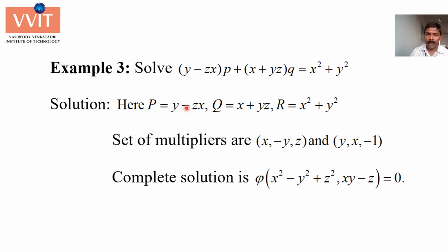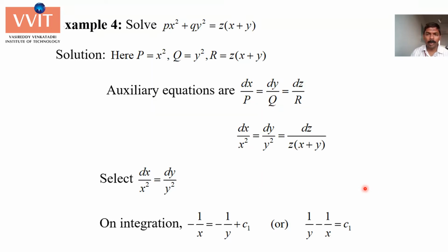This is the next problem, again writing PQR values. I just mentioned the multipliers. These are the multipliers, and this is the complete solution. Now the next problem is a different one. Till now we have seen problems of grouping separately and problems of multipliers separately. If the examiner wants to test you on both methods in a single problem, they can set a problem like this, where we have to use the grouping method to get one part of the solution and the multipliers method to get the second part of the solution. So this is the example.